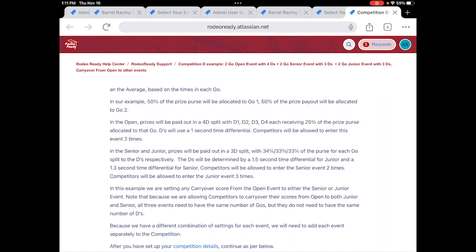In the senior and junior events, prizes will be paid out in a 3D split, with 1/3 of the purse for each go split to the Ds respectively. The Ds will be determined by a 1.5 second time differential for junior and a 1.3 second time differential for senior. Competitors will be allowed to enter the senior event 2 times, and